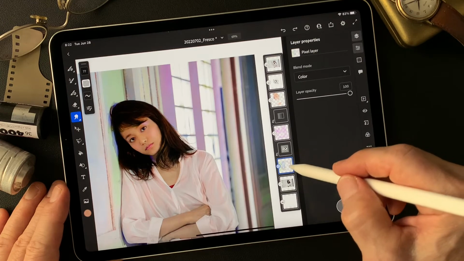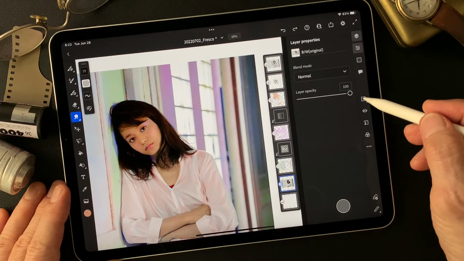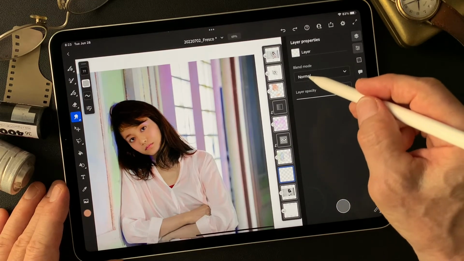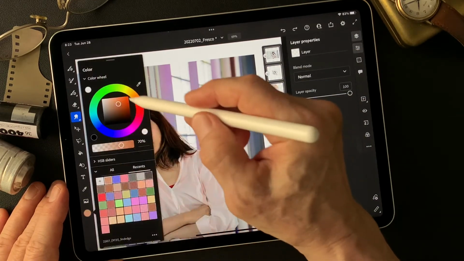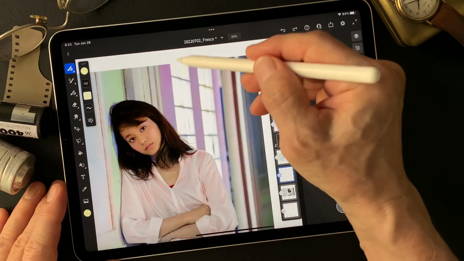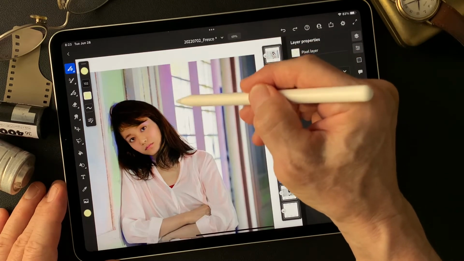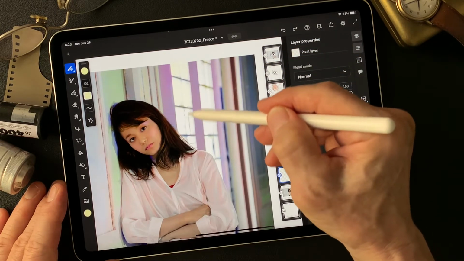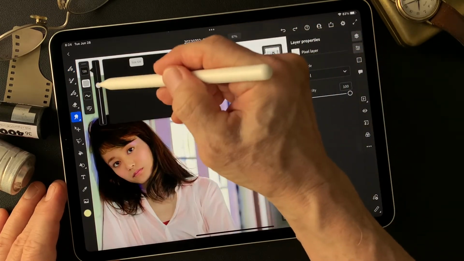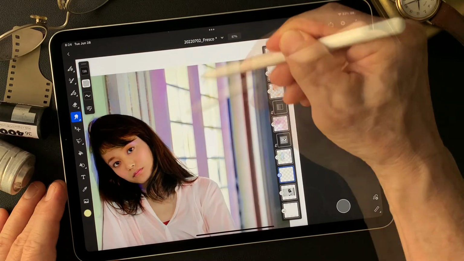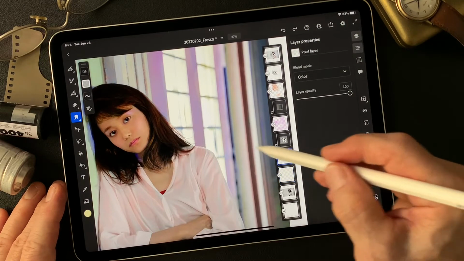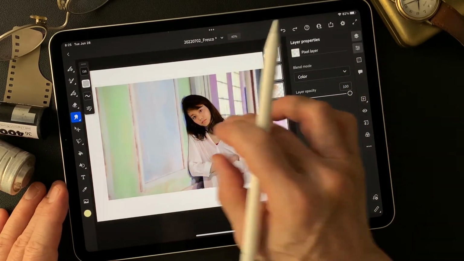So I'm going to add one more layer for background. Then I don't change the blend mode, just use it as normal. Now I'm going to add some yellow color, light image with soft round opacity. Now you see the color. Then I'm going to smudge. Now these two layers of background. Okay, now